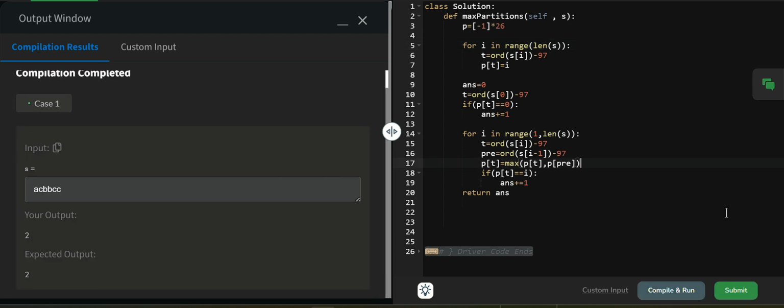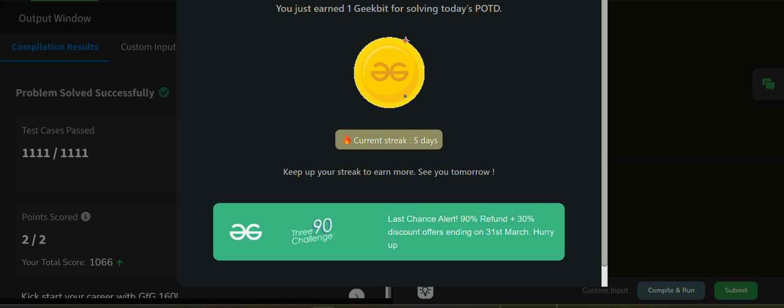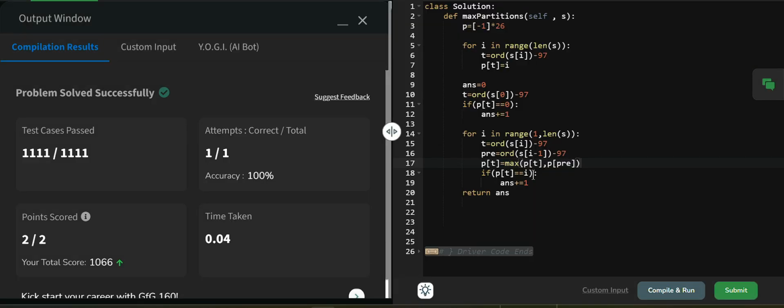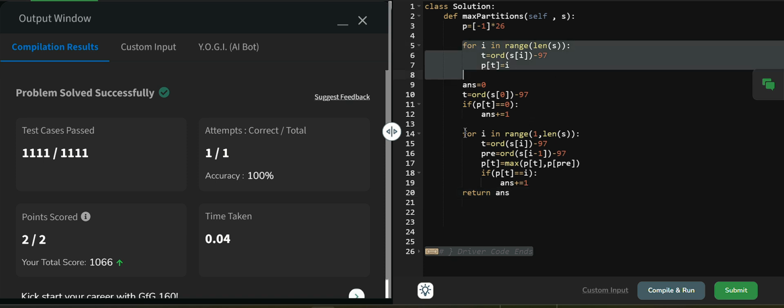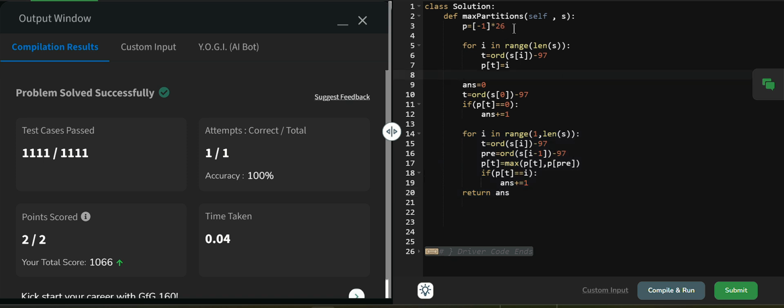Okay, this is successfully executed. So the time complexity will be big O of n. Here it is taking big O of n, here also it is taking big O of n, and the space complexity will be big O of 26. But this 26 is a constant, so we can say the space complexity will be big O of 1 only. Okay, thank you.